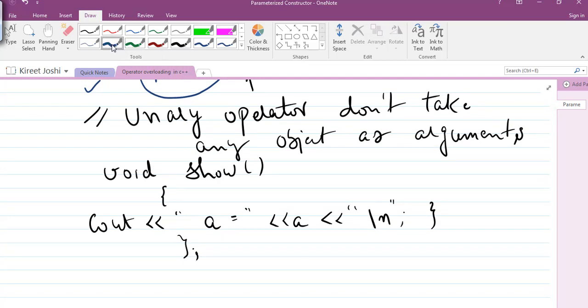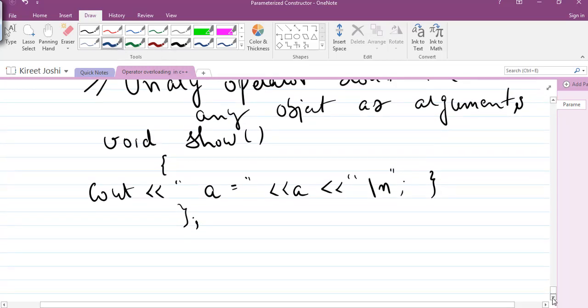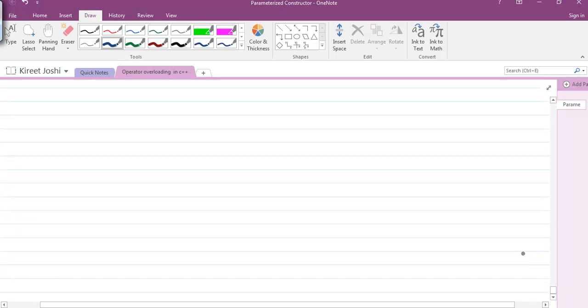So the class definition has been completed. Now the next step is, I'll just leave some space for the function definition. So we will cover the function definition part later on. First I'll just create a main. Inside main what I'll do, I'll just create an object of type OP. So this is O1, an object of type OP, and inside this I'll just pass a value.